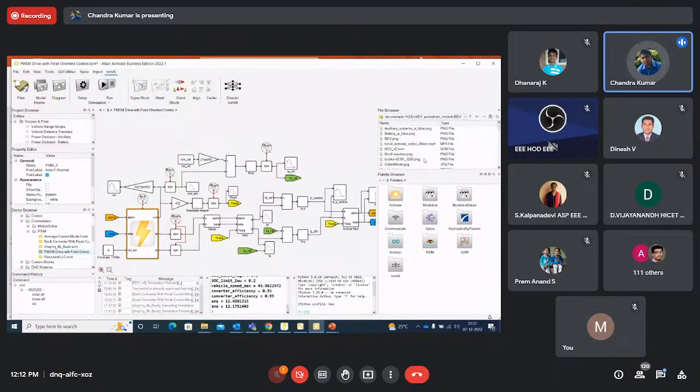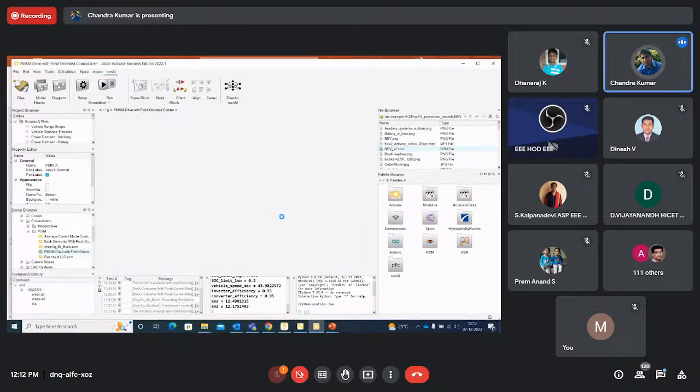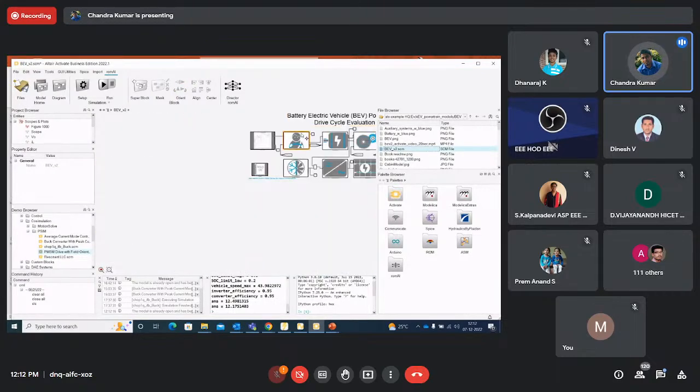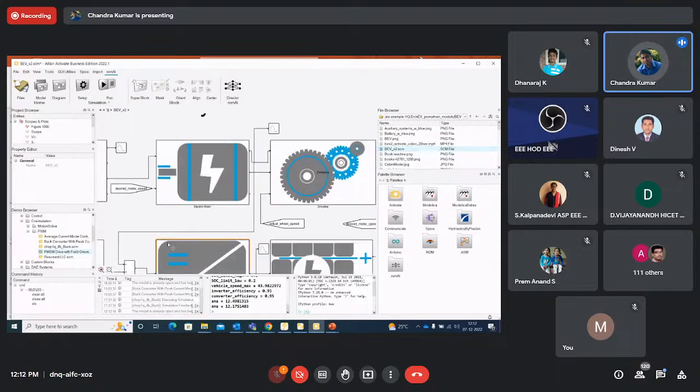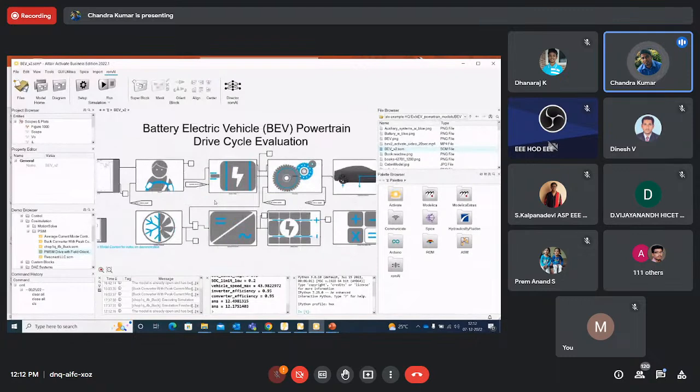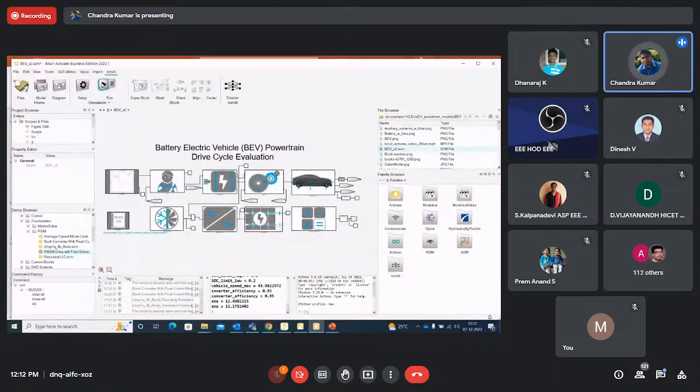I already showed you one driving cycle pattern based upon how you do it. See, this is another typical example which I want to show you. This is the user interface of Activate. You have the driving cycle here, maybe from WLTP standards or ARAI, which can give you the driving patterns. Based upon different driving patterns, you can overall validate your system.